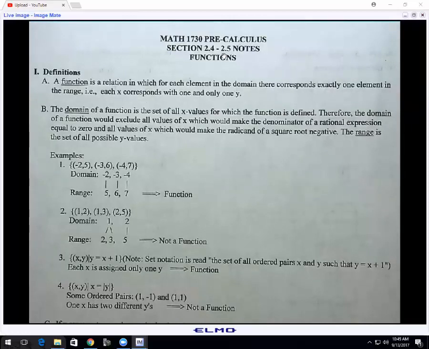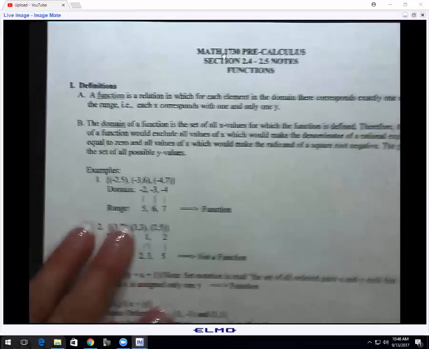Those will blow up the function. So when I say find the domain, I'm saying find anything that you can let X be that doesn't blow up the function. Range is any Y value that could be obtained by the function. So when we look at these examples,